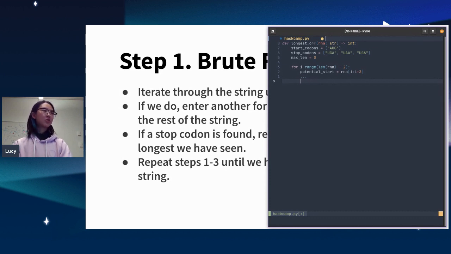Then I'm going to have a for loop again. I'm going to have another for loop that, if I do find a start codon, then I need to start looking for a stop codon. So for j in range, I plus 3 to length RNA